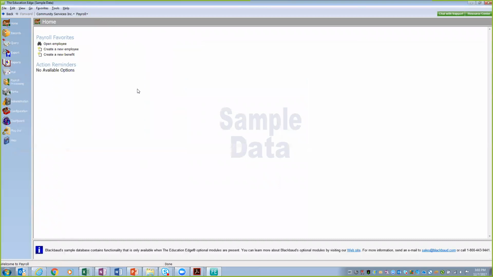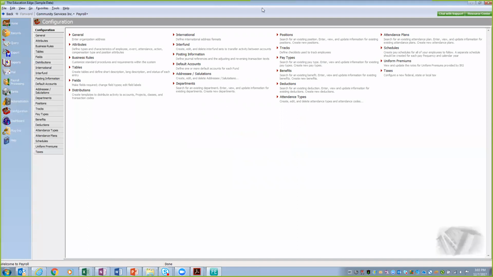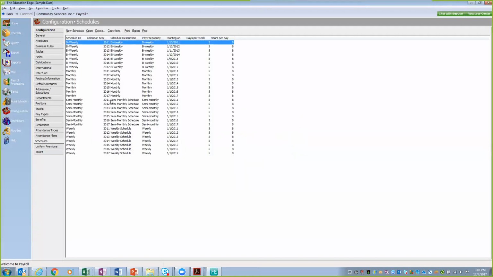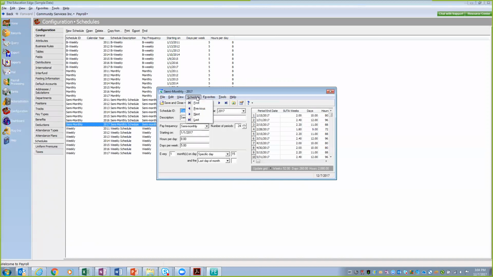When we come to the end of the year from a payroll perspective, we often need to update our schedule. In your payroll module, under configuration, there's a lot of stuff, right? The big one that we want to update is schedules. You'll notice here I'm going to use my semi-monthly schedule as an example. There's 11, 12, 13, 14, 17, but there's no 18. So what I need to do is I can open this schedule